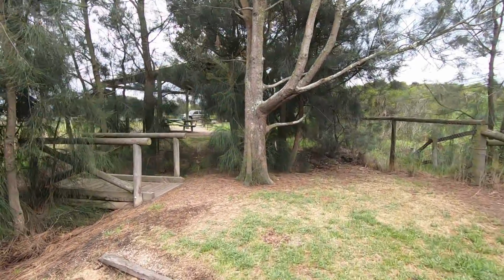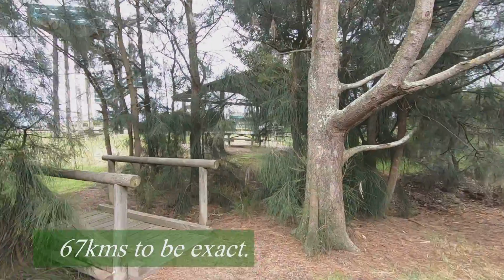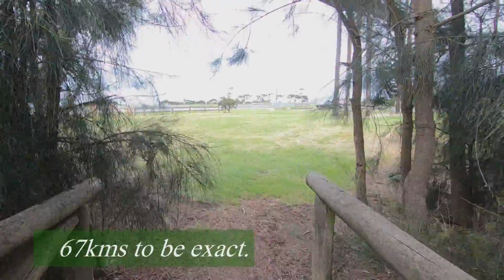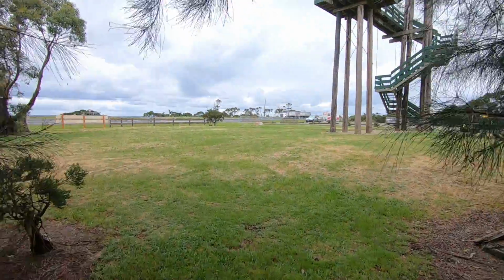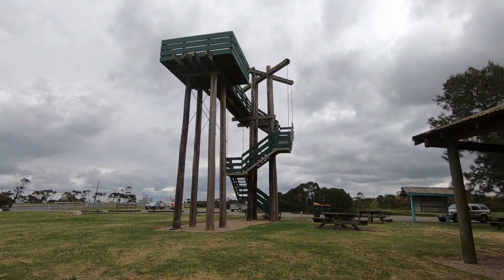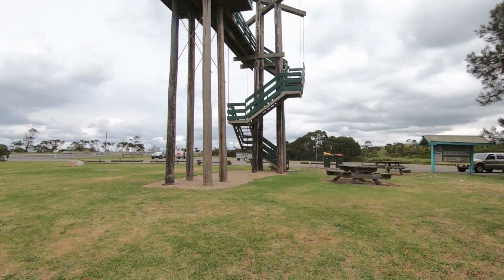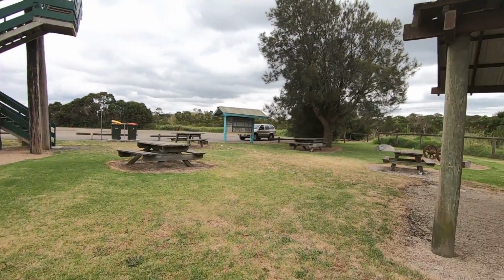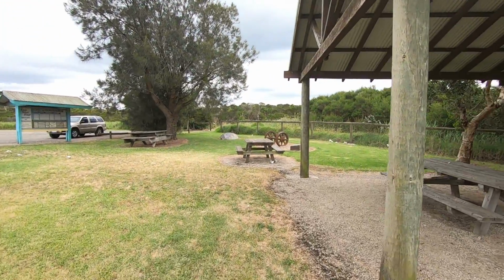And we're probably about 70 kilometres from Phillip Island at the moment, but this is a cool little rest stop. Viewing platform up there, not much to see because it's just farmland. I'm just going to get in the car now. We're going to go to our next stop,